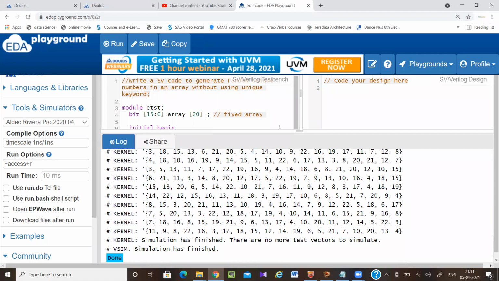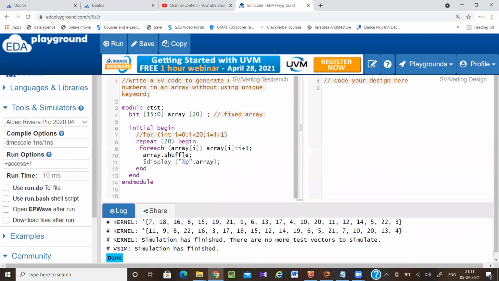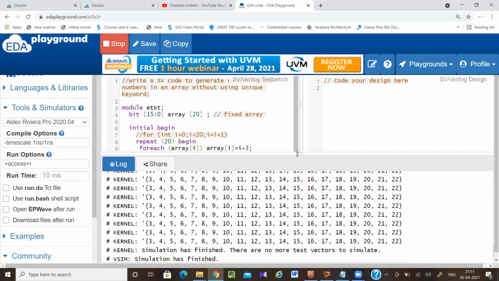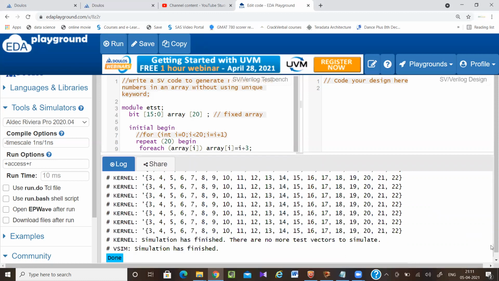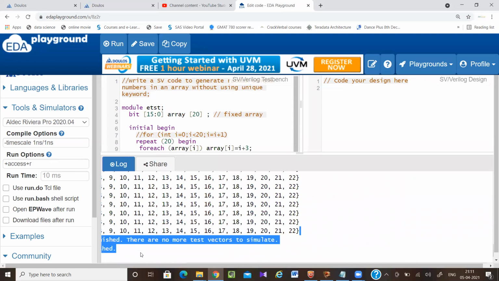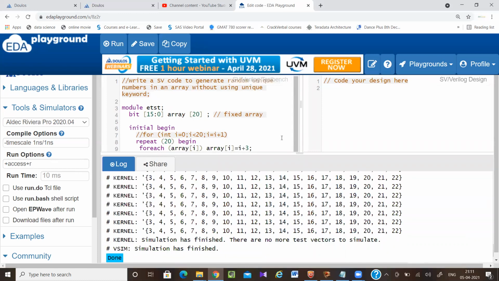Here, I am not shuffling these, so you can clearly understand what is happening. The random values are getting generated, but you can see all the values are the same. Only the shuffling changes the positions. So why are all the values the same?